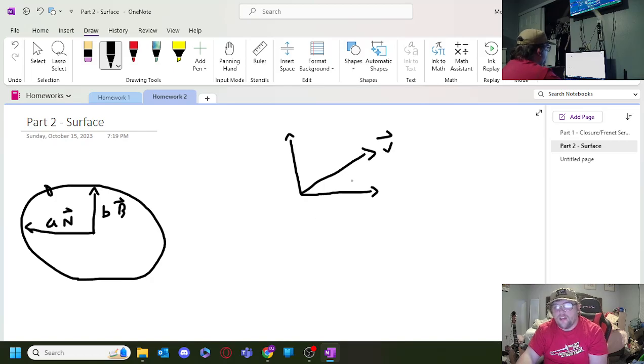It can be approximated using i and j vectors, or i and j unit vectors. Since they're unit vectors, their magnitude is 1. So when we go to plot it out in matrix form,